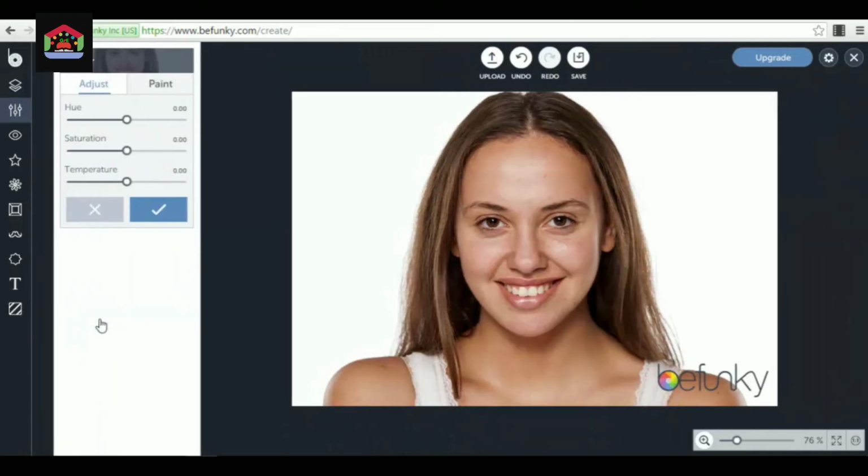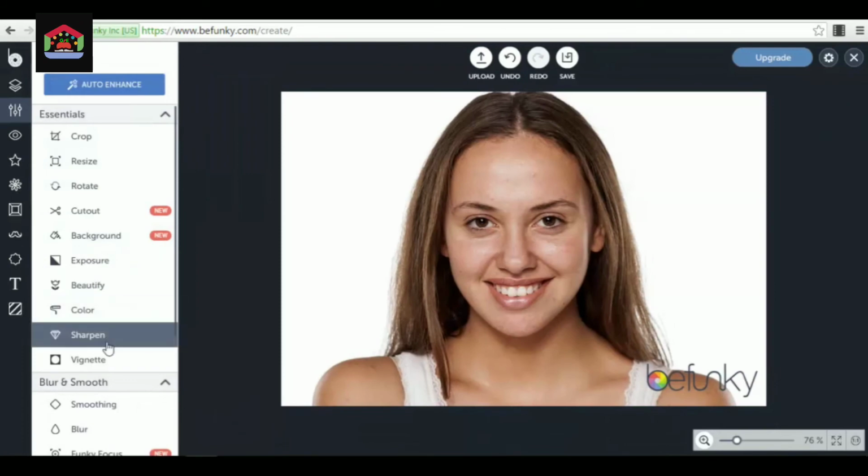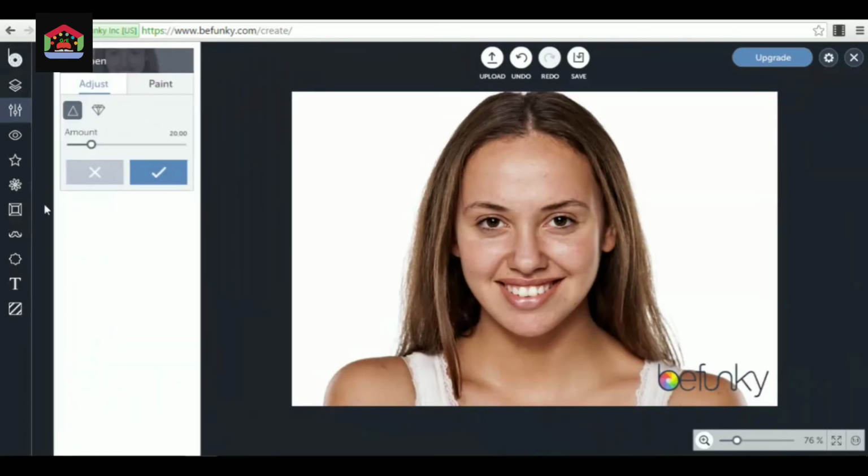Then we have the color. For example, you can choose the color in the photo, the saturation, the temperature. You can play with all of this stuff to enhance your image. After that we have the sharpen effect to create a more crisp and clear image, as you can see here. You have more detail.